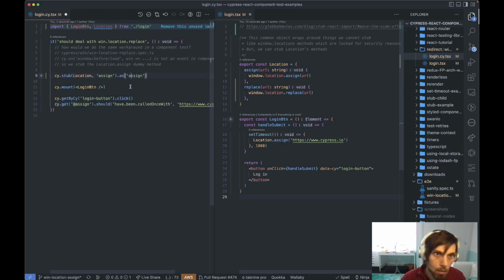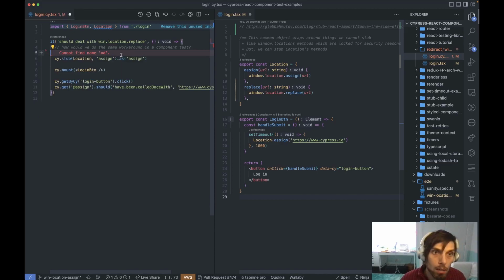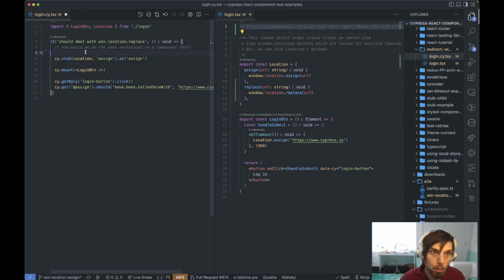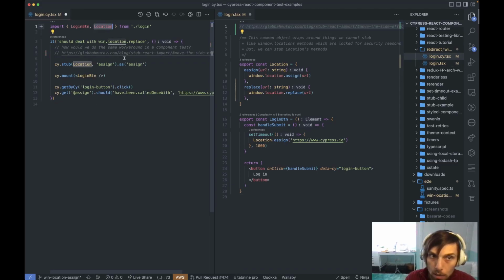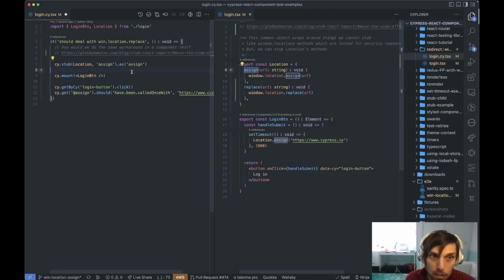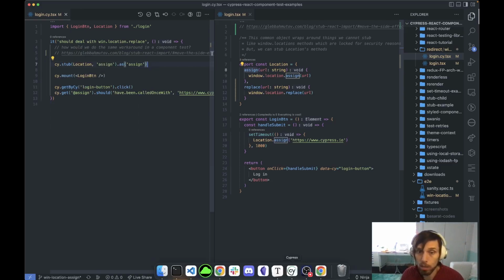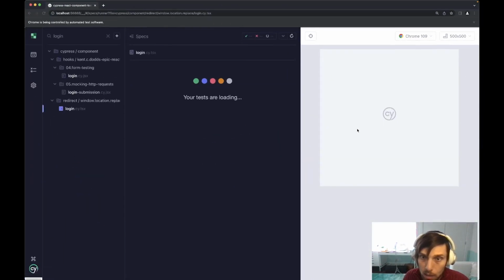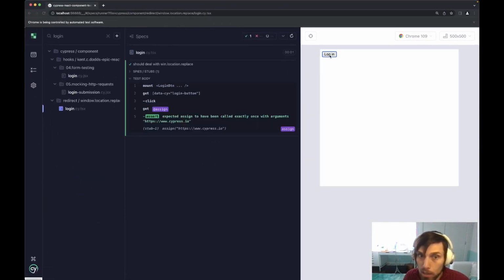And we can just undo what we did, right? So this does not apply. I can just refer to this link again. So since we are importing location, right, we can actually stub the assign property over there, and that will allow us to fully work around the issue, right? Instead of having to invoke window assign and go to this URL, we can just say, hey, upon this click, assign will be called and stubbed. So let's just do that, and as we see now, it's not redirected, right? Every time you click it, it's going to call the stub